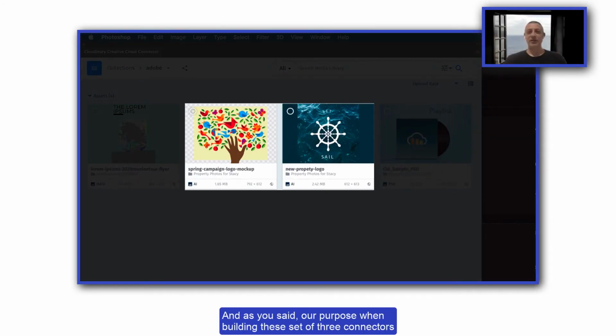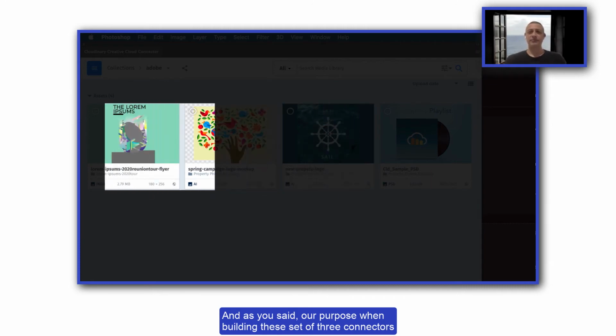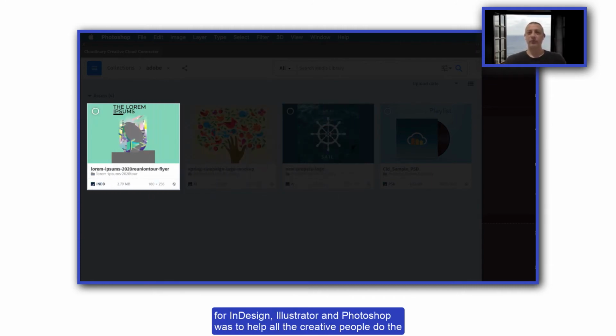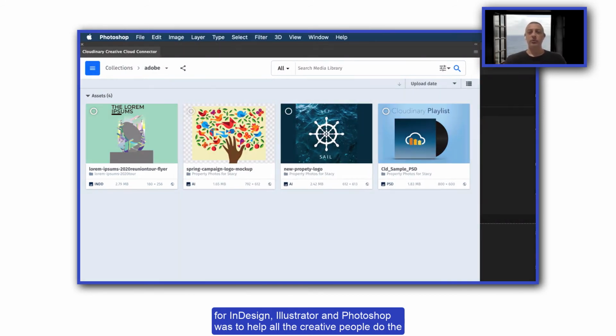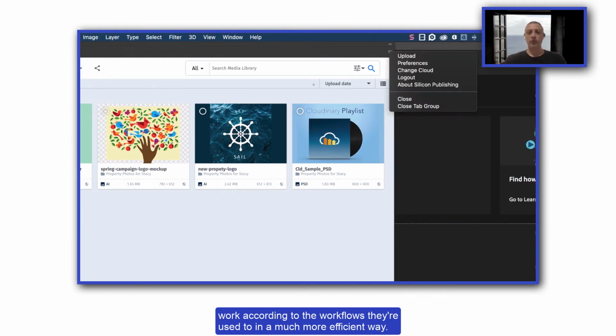And as you said, our purpose when building this set of 3 connectors for InDesign, Illustrator, and Photoshop was to help all the creative people do the work according to the workflows they're used to in a much more efficient way.